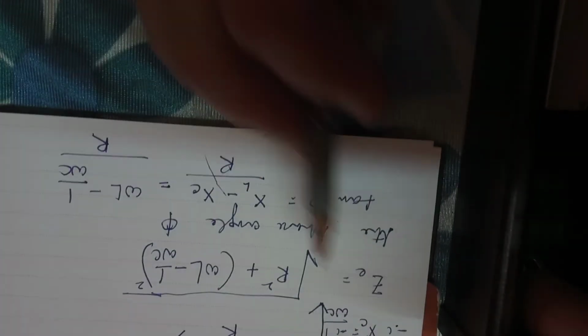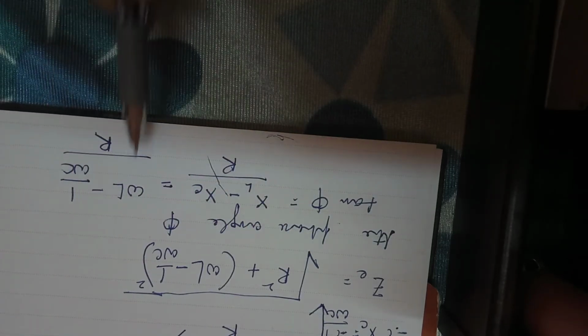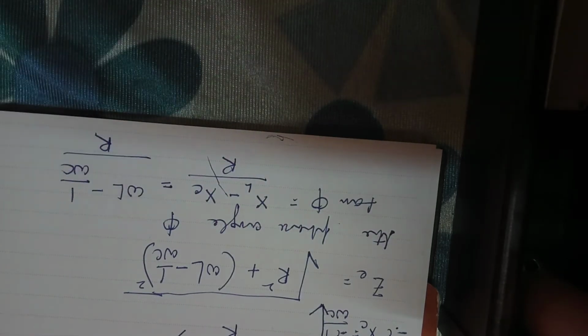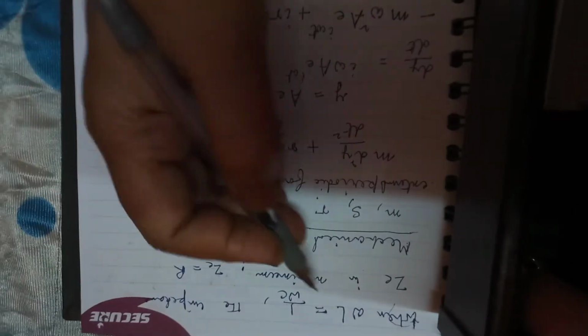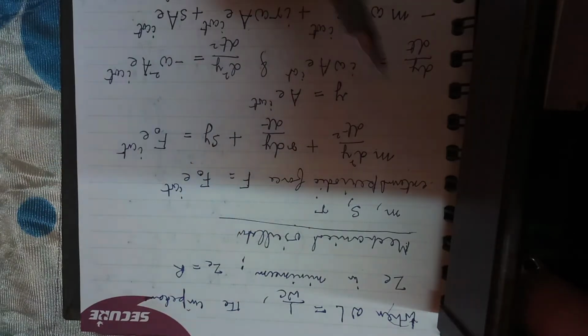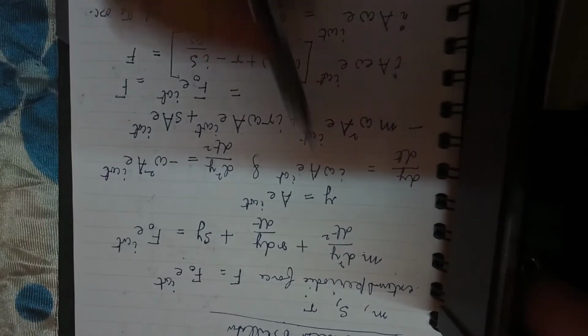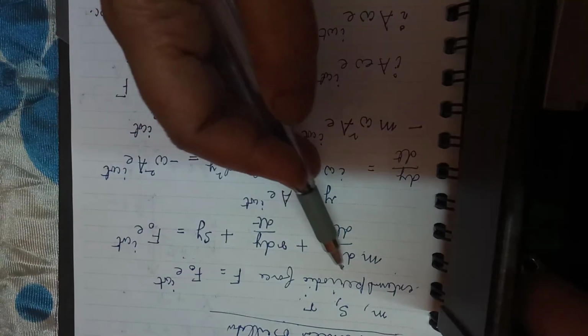So the magnitude is given by this, the phase angle is given by this. We have seen omega L minus 1 by omega C, by R, and when omega L is equal to 1 by omega C, we have observed that the impedance is minimum, Z is equal to R. Now mapping this to a mechanical oscillator of mass M, stiffness S, and damping constant R,